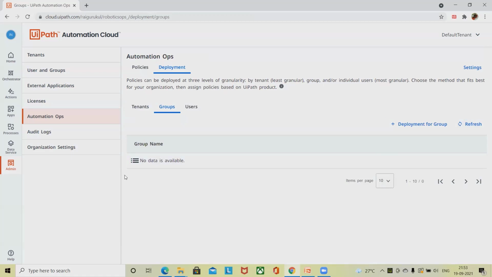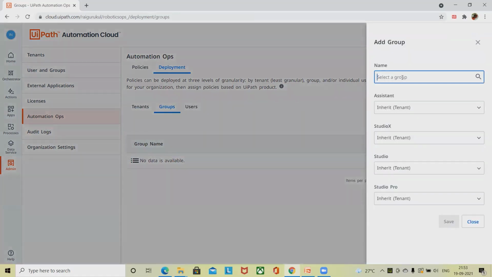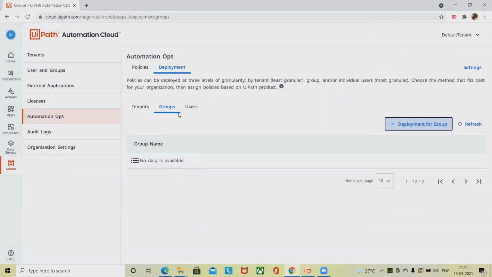If we want to add any group related information, simply we can click add deployment for the group and add the details here. Once you are done, simply click on save and that will be saved for you. Let's say I am adding a group here as a test. Select this. If you don't have any group, we cannot find the name. If you have the group, you can find the name.